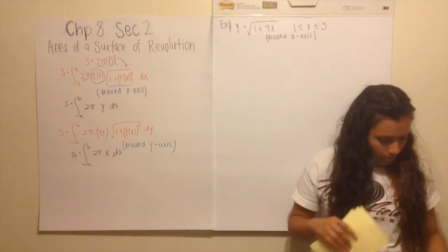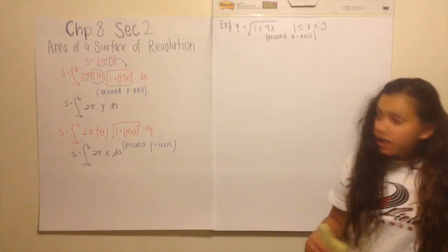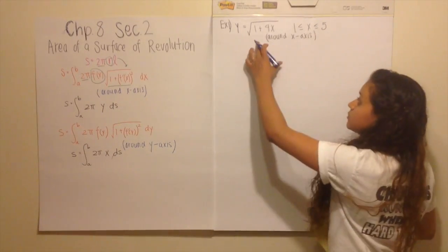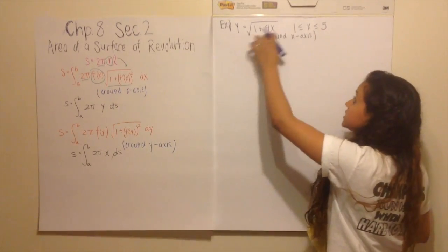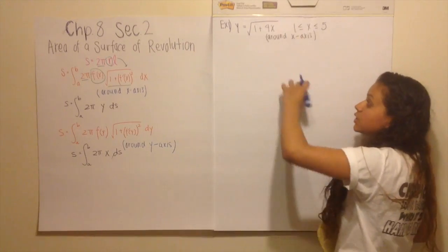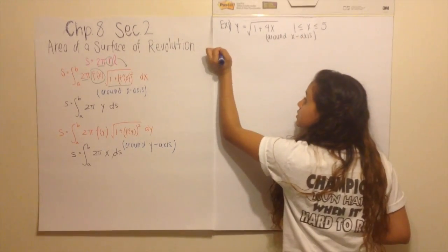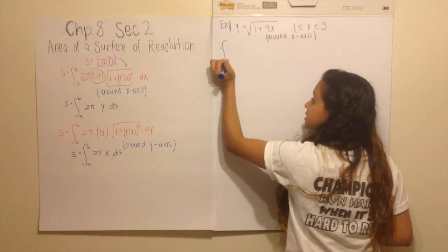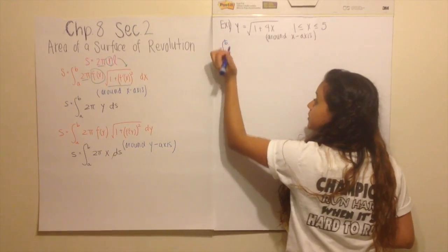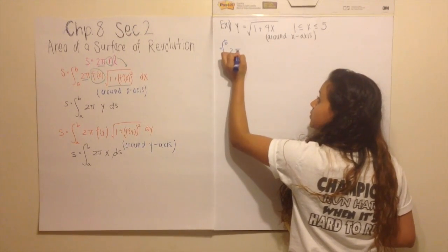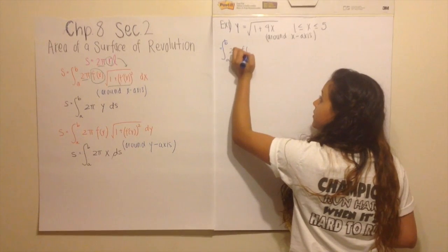Okay? So as you can see, it is in terms of x, our intervals in terms of x. So it works out well, so we get to use the original formula. So it's going to be from a to b 2 pi f of x